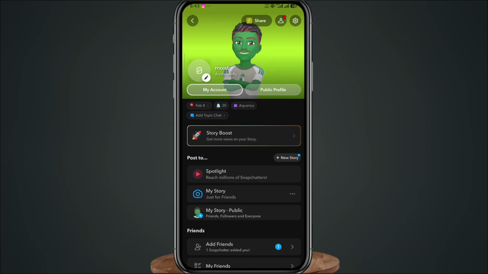Now if I had, let's say, 10 fake accounts and I sent 20 snaps in the shortcut that I have created, that means I can literally have 200 snap scores just like that in a matter of seconds. If I have more than 10 fake accounts, I can have more than 200 snap score. So as you can see, guys, the method is legit. You won't get banned